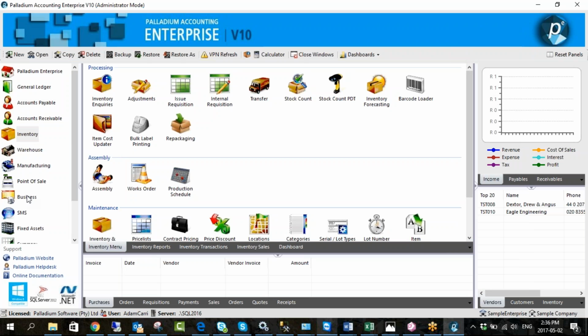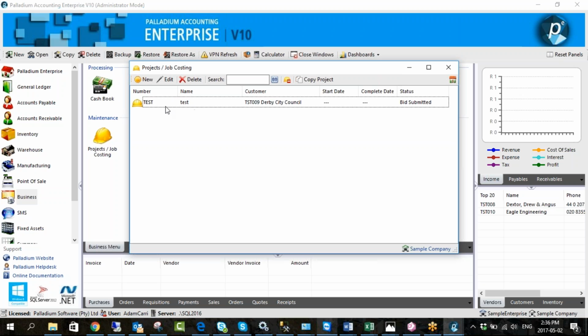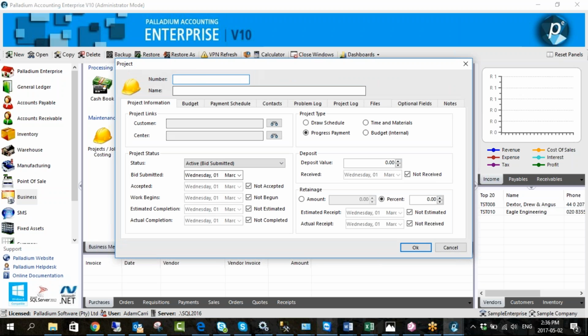So let's go into the projects. Let's open one up. This is the one I just created very quickly before. And here we go, we can set up our project. So let's say project 001, let's say KZN project. And you can link it to a customer,